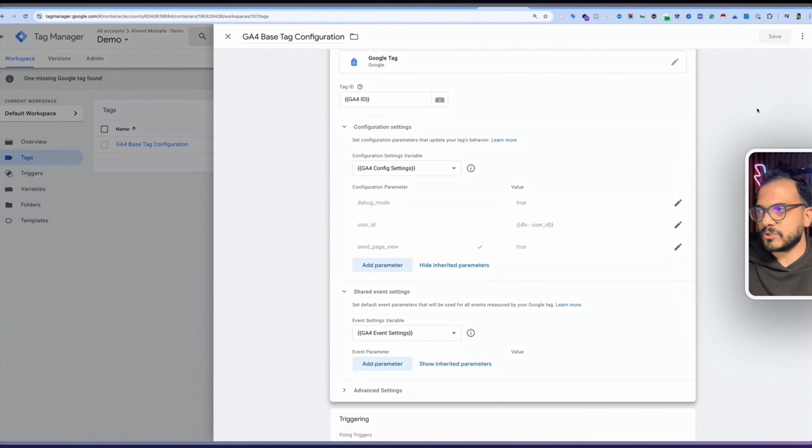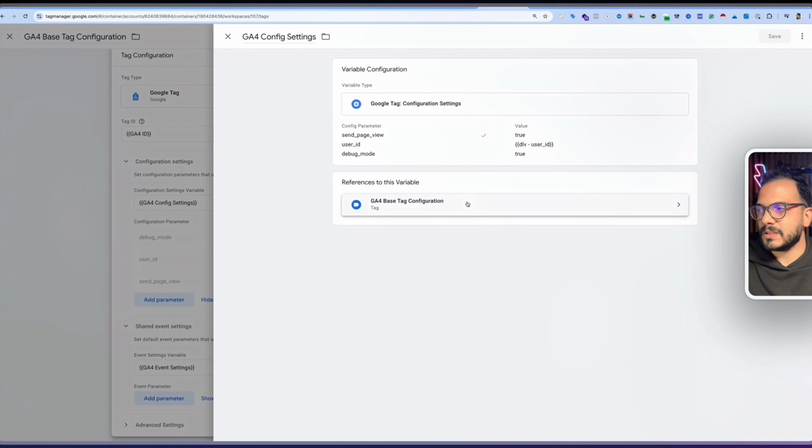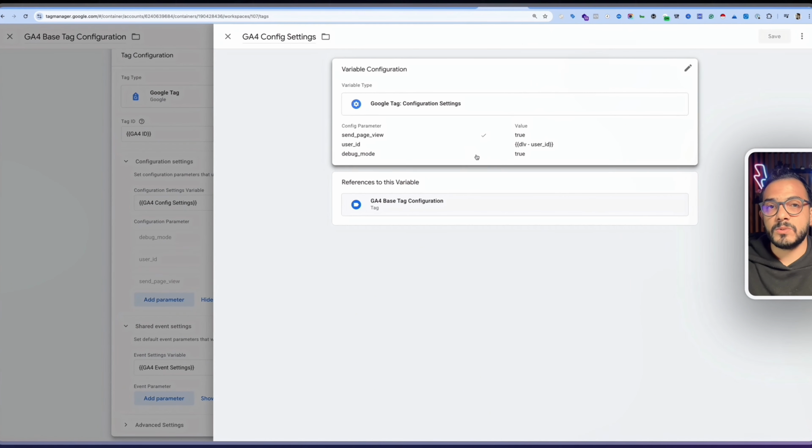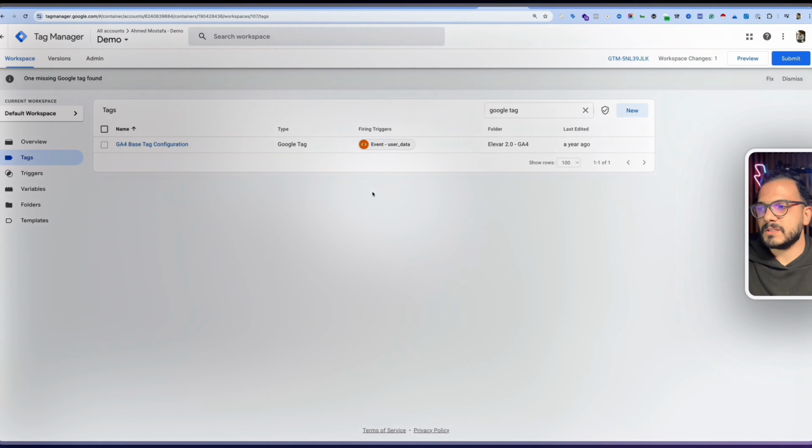So open your Google Tag Manager container and look for the Google tag that you are using, which in my case, this is the Google tag, and I'm passing the Google Analytics 4 stream ID in a variable. And when you click on this eye icon over here, you can see that send page view is set to true. This means that you are using the Google tag to fire the page view events. So all what you need to do is actually come in here and mark this as false, hit save, and this means that Google Analytics 4 page view event will not fire from the Google tag,